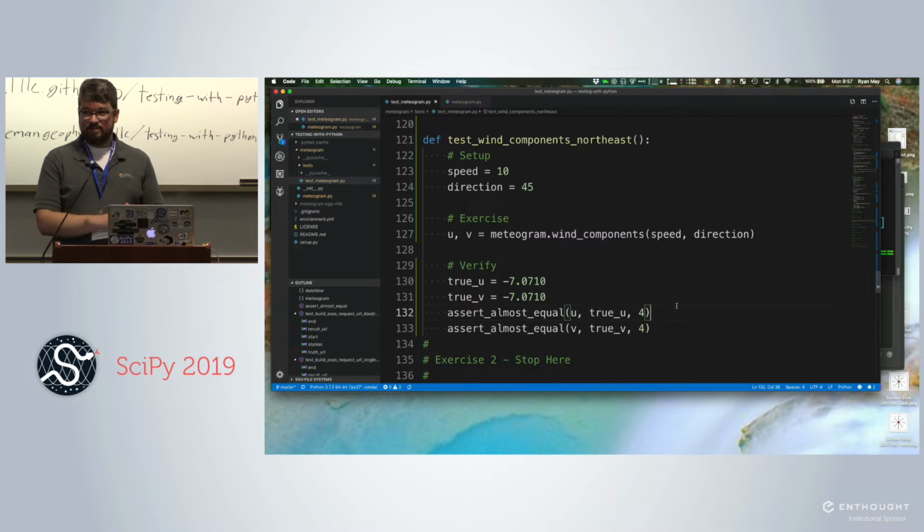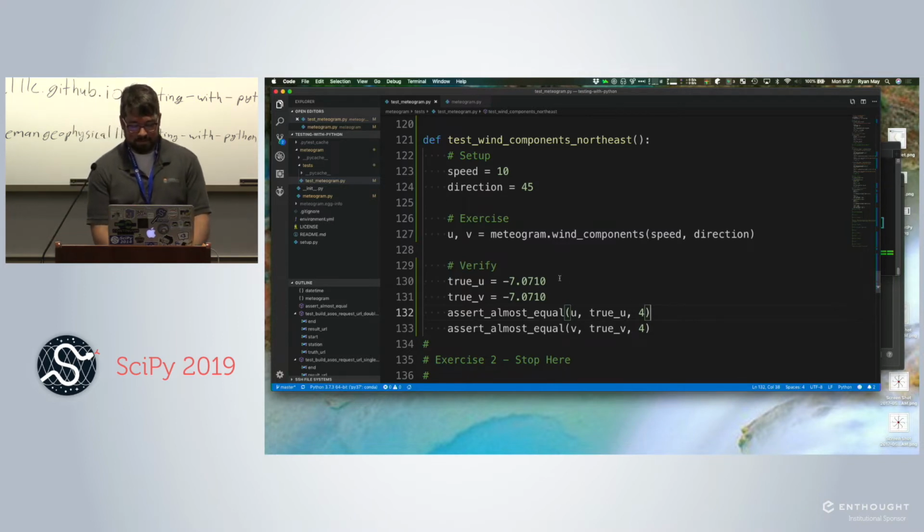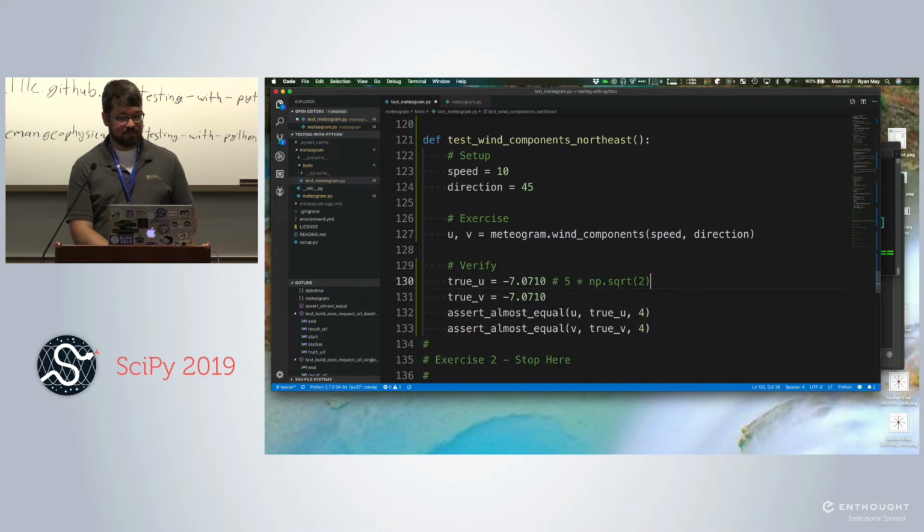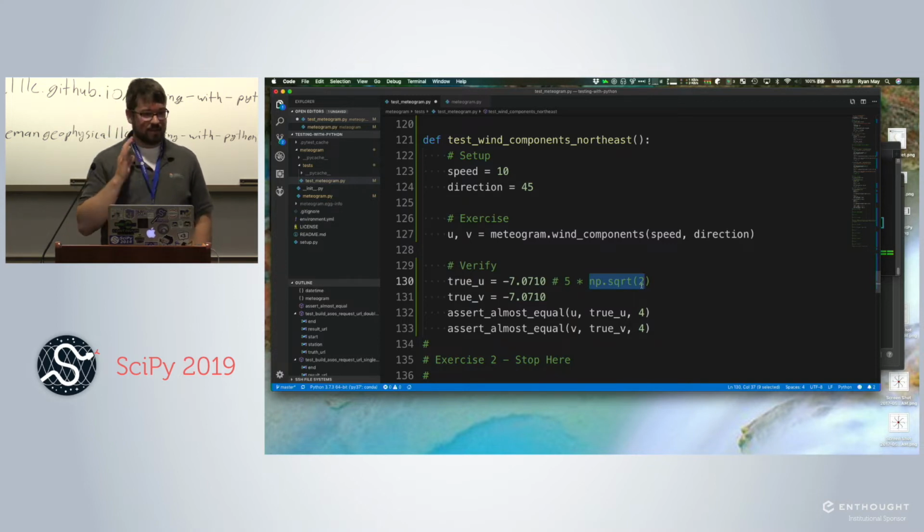Okay, so the question is would it be okay to have 5 times np square root 2 or something? I would type out the floating point because you are now not only testing your code, but you're also testing square root from NumPy. I don't think that's a very high risk thing, but I would personally hard code the test results in. I don't like depending on anything else to generate my test results except my code.